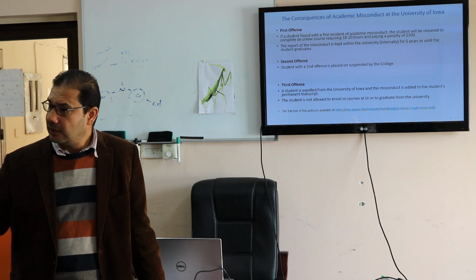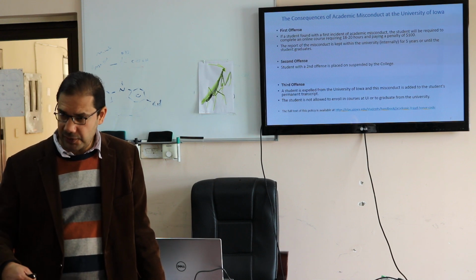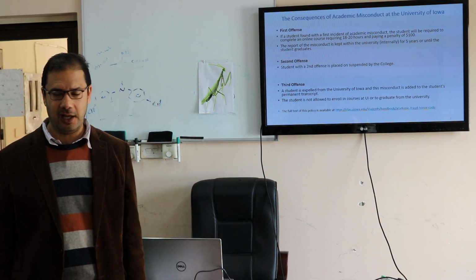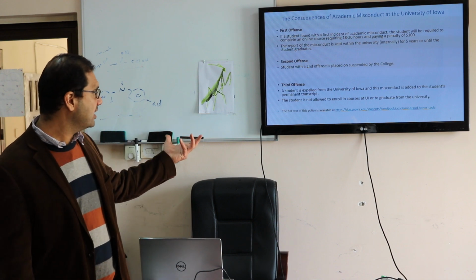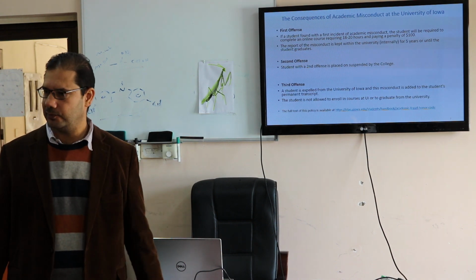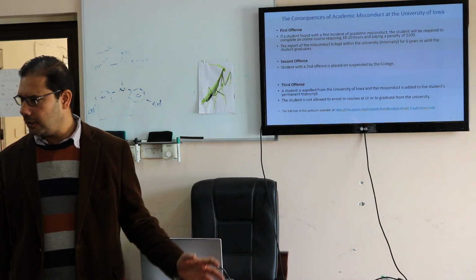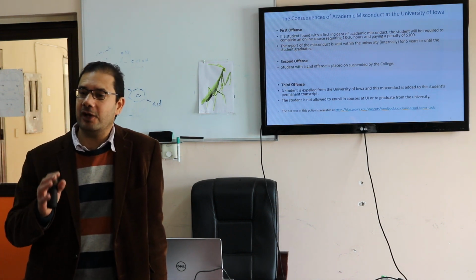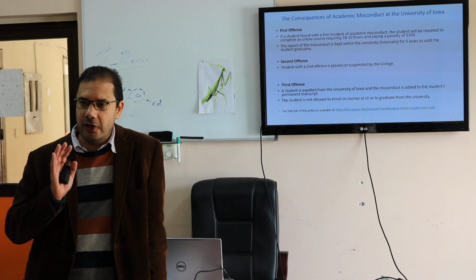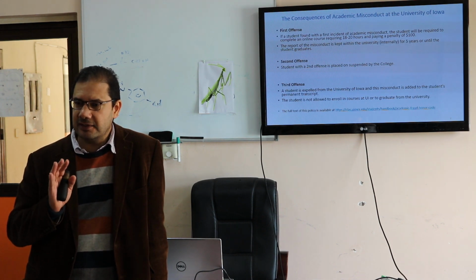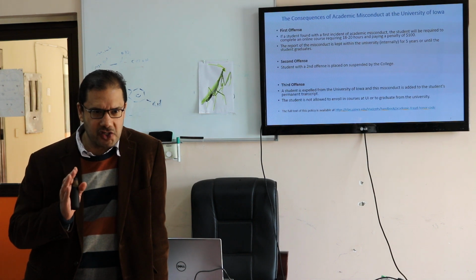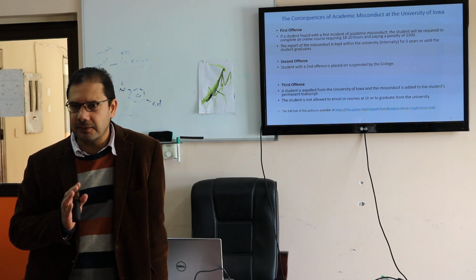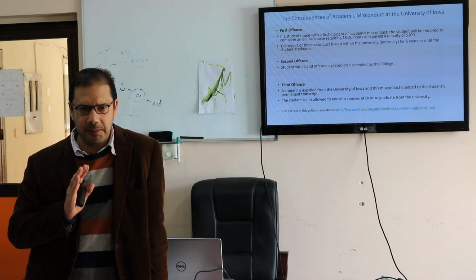If you are caught for the second time, the punishment will be more severe. For the second one, you will be suspended from the college. Suspension depends on how long. So this is the second. The third time, there will be no excuse. You are out. They will kick you out from the whole university. And the bad news is, they not only kick you out from the university, they put in your record that you did something like cheating, dishonesty, or plagiarism. No other university will accept you ever. You are out of academia, as a student, as a faculty member, whatever.